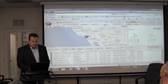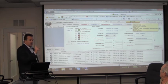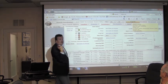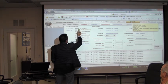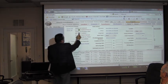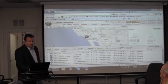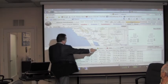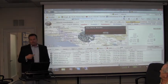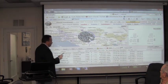Now, I want to tighten that up a little bit. Same exact search, 20-mile radius of this building. By the way, if you forget the definitions, notice of default is the P, pre-foreclosure. Notice of sale is the A, the auction, or notice of trustee sale. Now I'm only searching auction properties. Same search, it's going to switch from 14,783 to